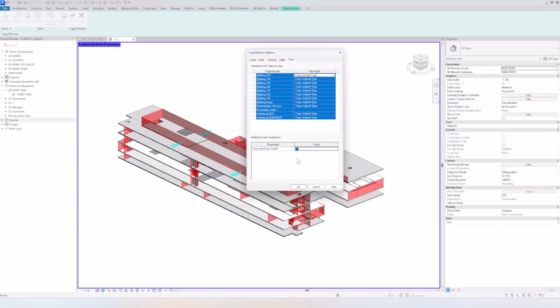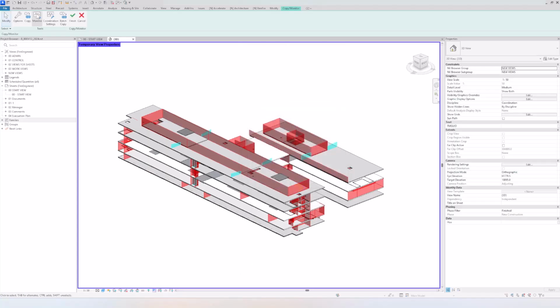If they have any shaft or any other component that cuts the floor or slab, we want that object to be copied into our model as well, so we can use that to basically adjust the opening of that specific floor. We will press OK. We go to copy, and we will press multiple, and we will copy all the original